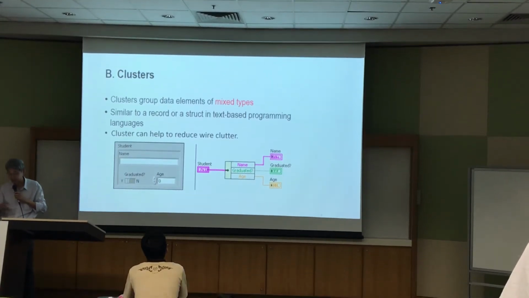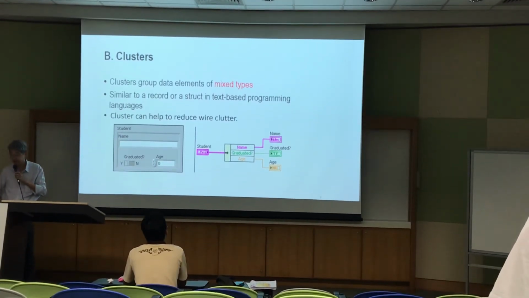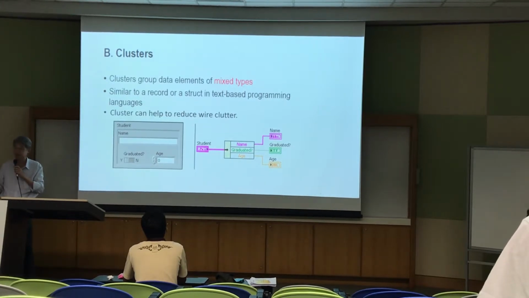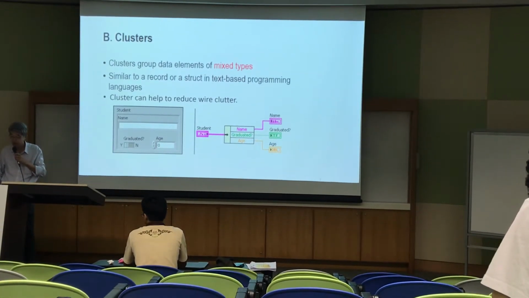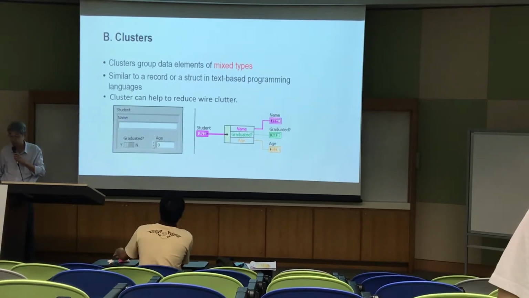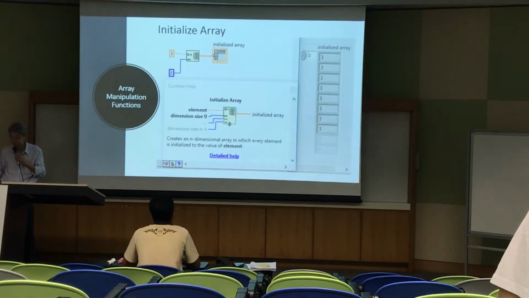So clusters can reduce a lot of wiring clutter. Too many wires, we can bundle everything. It's reducing all those wires. It is quite obvious. You see how wires are being bundled together to reduce cluttering. Okay,